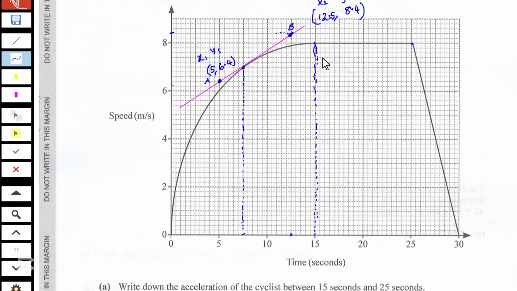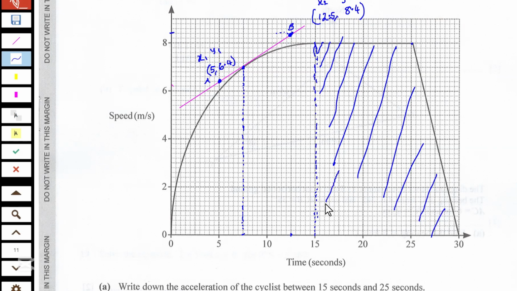So to find the distance traveled, the distance traveled will be the area of all this region, the trapezium. So the whole of this region will be the distance traveled, which is simply the area of the trapezium. And of course, the area of a trapezium is given by the formula